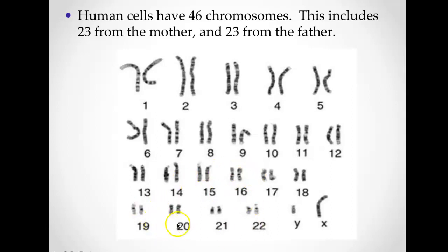You're like, but why is it only numbered to 22? It's numbered to 22 because you double each one. So chromosome number 1, there's a lot of genes on chromosome number 1 that has to do with eyesight and lots of other things. Chromosome number 1 has 2. It's a pair, one from mom, one from dad. Same thing with the chromosomes all the way through to number 22. So you have 44 just regular chromosomes, 22 types, but a total of 44 because there's 2 of each. And then you have 2 sex chromosomes.